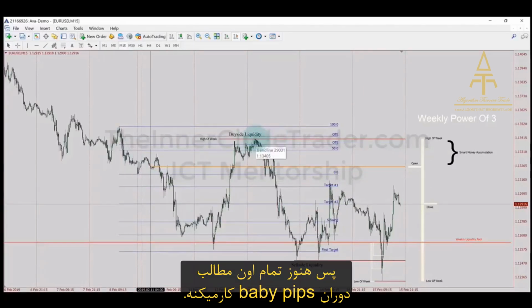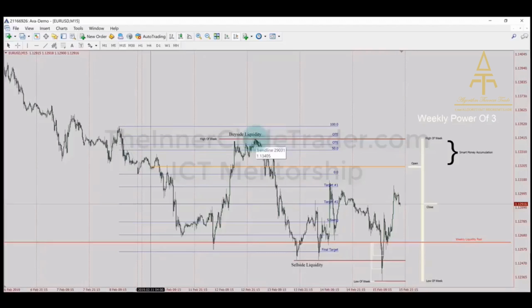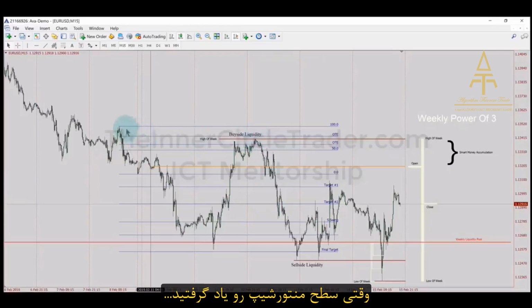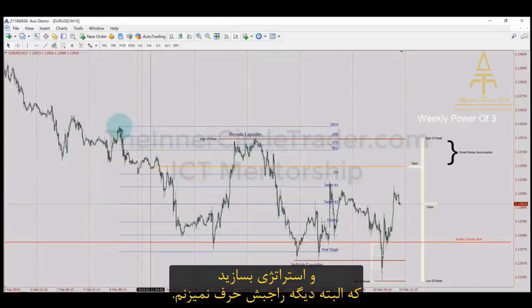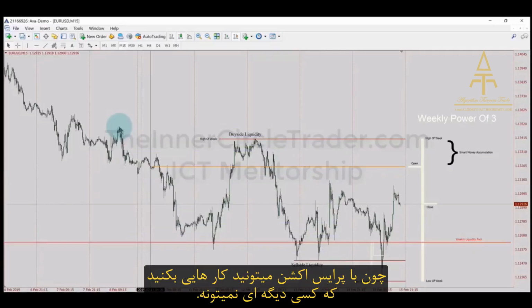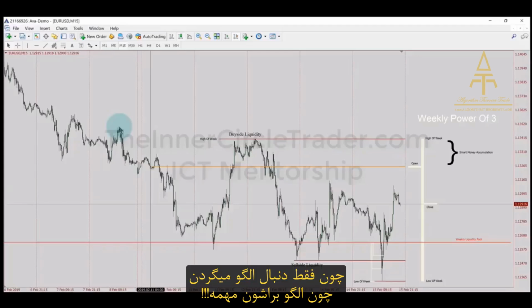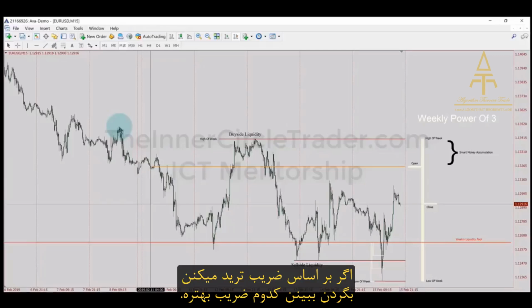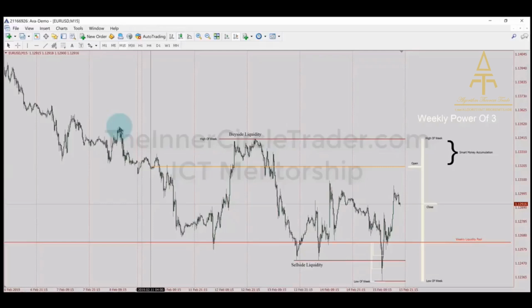So everything I was giving you on baby pips still works, but you need to know how to use those things I taught on baby pips. Once you understand mentorship level, you can go in there and pull out Trader's Trinity, things I don't talk about anymore, and you can literally look like a wizard to the retail world, because you'll be able to do things with price action that no one else is able to do, because they're looking at patterns for pattern's sake. They're looking at Elliott wave and trying to decipher what's the count, what wave are we on, what ratio should I have if I'm a ratio trader, what harmonic pattern is harmonic right now.